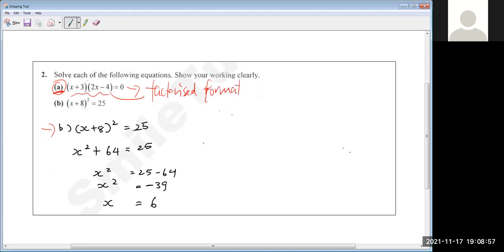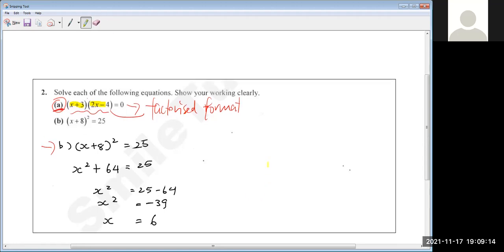Okay, how do you know it's in factorized format? Because can you see, you have two brackets and they multiply each other. All right. So when you have the question in factorized format, you're not going to expand it. Okay. So this question is a